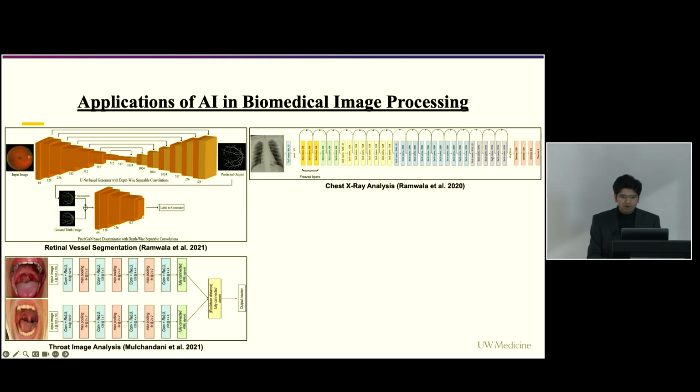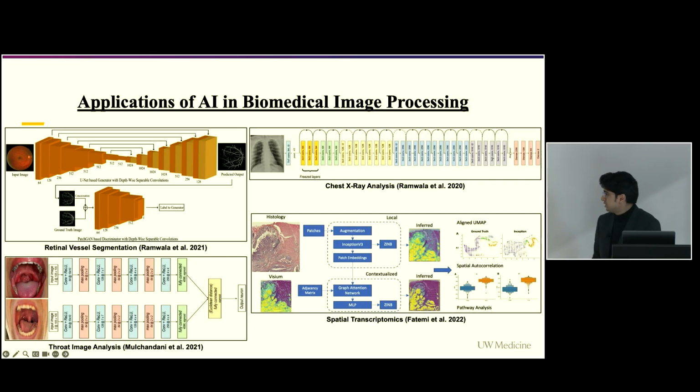Or we could think about applications in throat image analysis, for example, whether a particular throat image has tonsillitis or not. Or we could think about applications in pathology image analysis, like spatial transcriptomics, trying to link histopathological images with single-cell RNA sequencing datasets. Now, I feel grateful that I've got a chance to collaborate on such interesting projects and contribute to some of the interesting ideas in deep learning. But this was a few years back, before I even started my PhD.